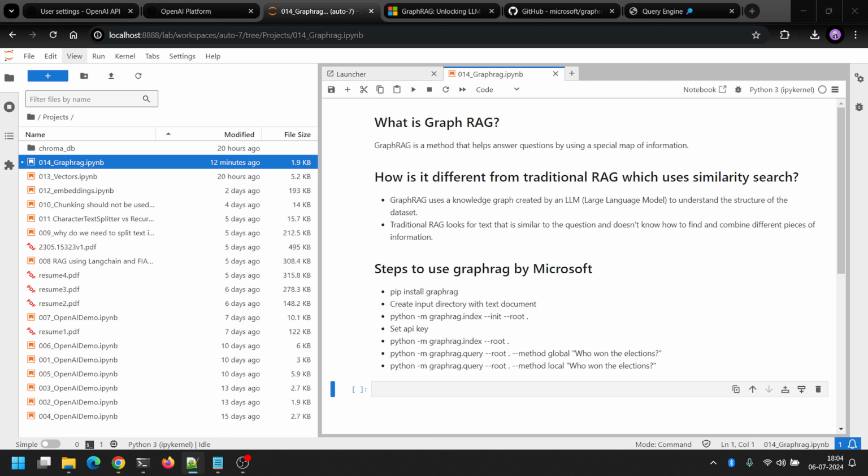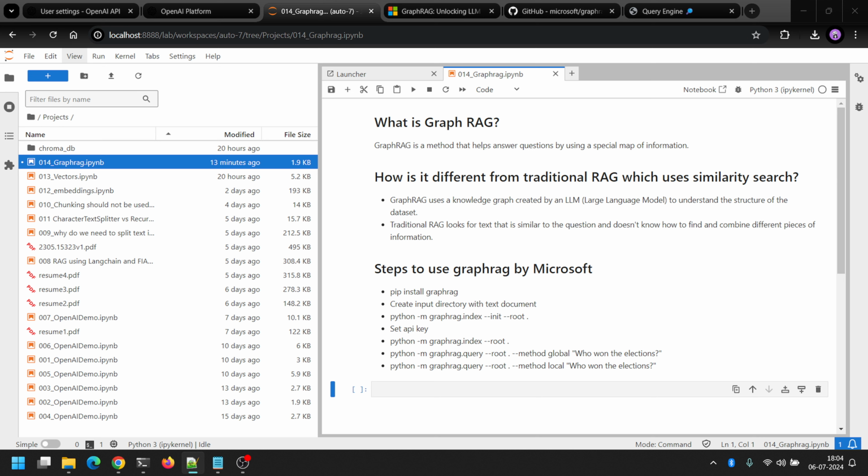Local search leverages a smart knowledge map, the graph that is created, and the original text of the document to pinpoint the detailed answer to our question. So this method excels in answering queries that demand specifics about that particular document. For instance, if you ask what are the ingredients for a healthy cold coffee, and if that is there in the document, local search will gather details from the knowledge map and the original document, ensuring you a precise and comprehensive answer. Whereas in case of